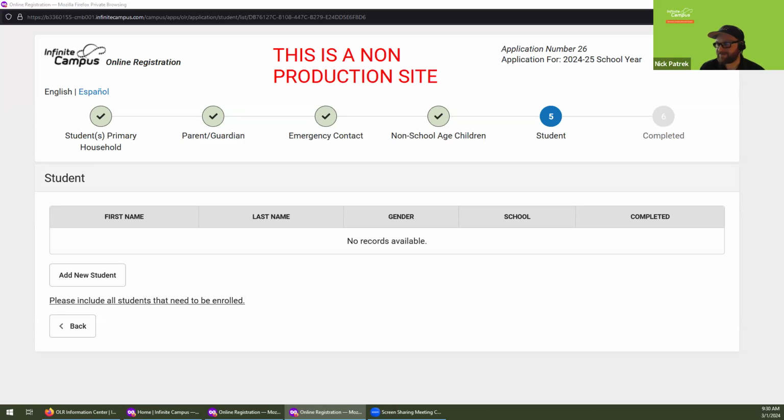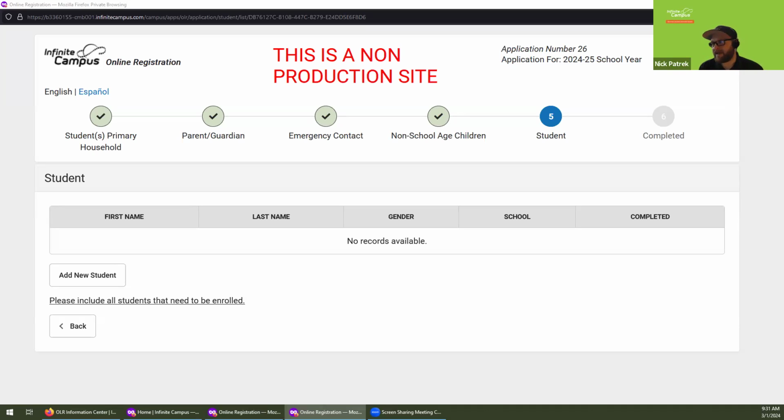That can sometimes be difficult, because then we really have to ensure that we have all of our addresses imported in our area. Otherwise the parent wouldn't be able to move on unless they chose one of those drop downs. And if it doesn't exist, they'd have to call the district, get that address added and all of that before moving on. The other option is, when you all go to process an application, you will have the